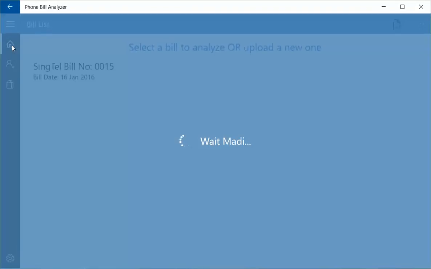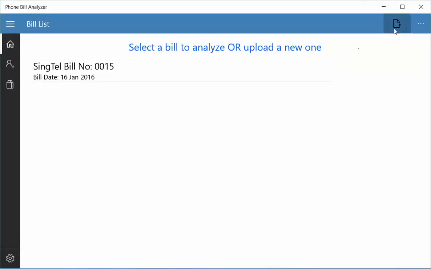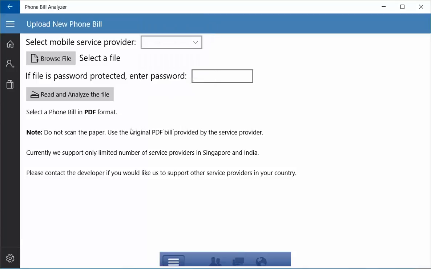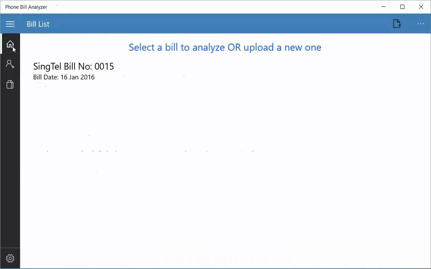So just like that, you can upload any number of bills. Right now we support only Singtel from Singapore, and from India we support Airtel, Vodafone, Reliance, and Tata Docomo. So this is a free application for you to use, and in the free application you can analyze only one bill at a time.